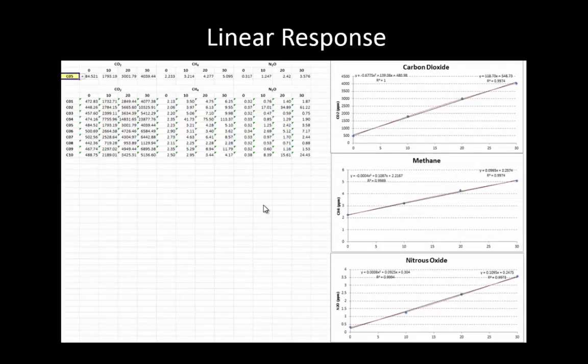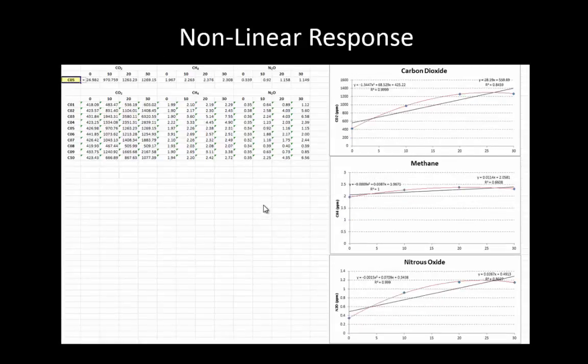You can see some of that. Anyway, for carbon dioxide, I'm going to show 2 slides. One shows the emissions measured on Monday from this particular chamber, and we can see that we've got a pretty good linear fit for carbon dioxide, methane and nitrous oxide. By the end of the week,